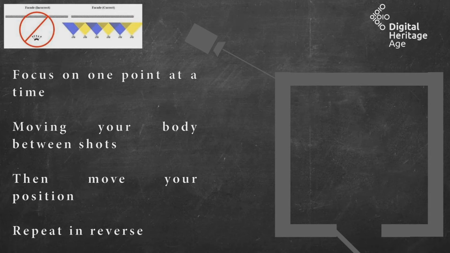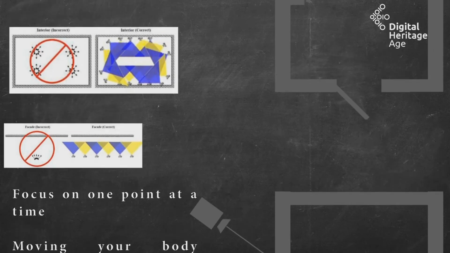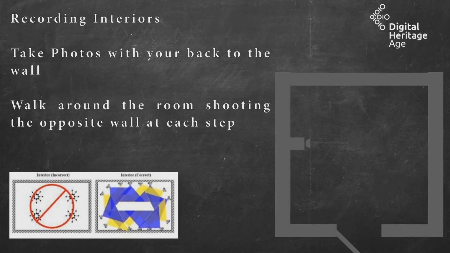If you then want to focus on something like a facade, you can shoot at a slight angle, moving the camera, slightly angling it against the subject over time, and then move your position and then repeat that process. And it's a good idea to repeat that in reverse and then create this system where you repeat those 3 images at different angles, move position again, then repeat that in reverse.